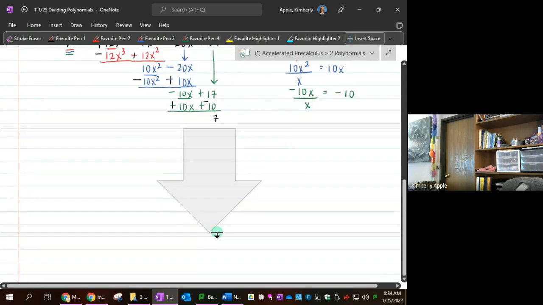Let's do another one. All right, so this will be x to the 4th plus 16 minus 17x minus 17x squared minus x to the 3rd divided by negative 5 plus x. Okay, so the issue with this one is that it's all out of order, it's all